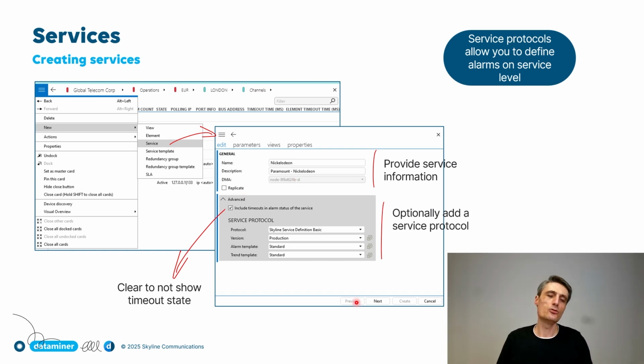In the advanced settings, you have the possibility to specify whether or not timeouts need to be included and visualized in this service, or if you say, I don't care about the timeouts being visualized in that service. And you also have, and that's an important one, a service protocol. It's an important one because that defines the difference between a basic service and